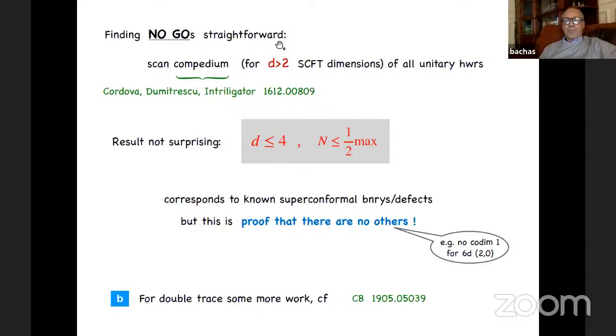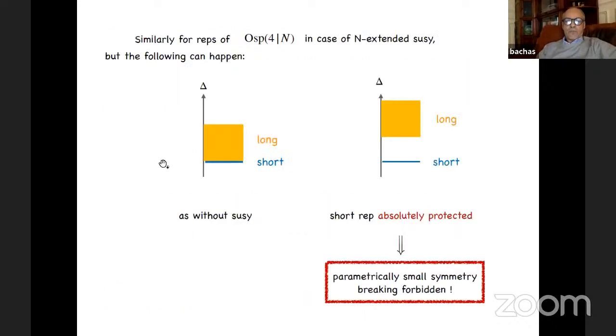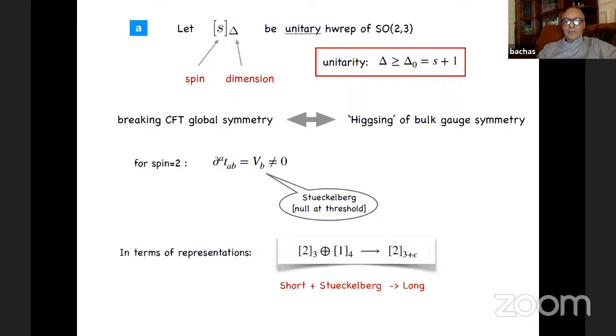So it's very simple to find no-goes here. And there's a very nice scan or compendium of all unitary highest weight representations in more than 2 dimensions by Cordova, Dumitrescu, and Intriligator, based on a lot of previous work, of course. And if you use this criterion I told you before, well, for the case of 1, namely what kind of